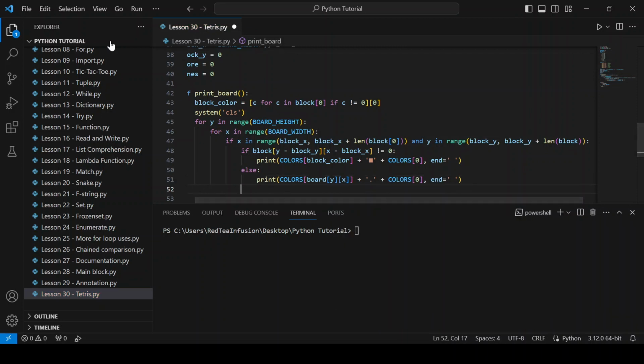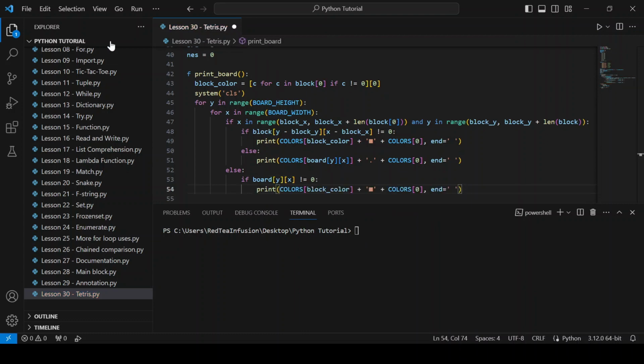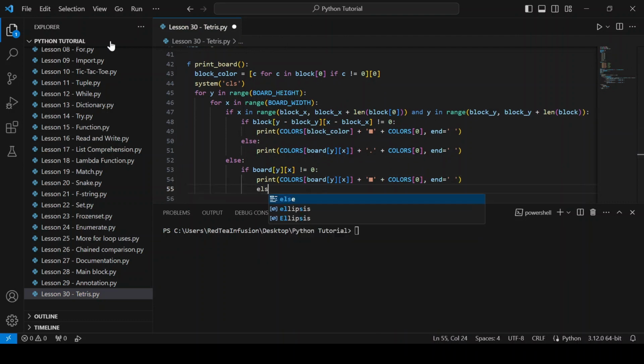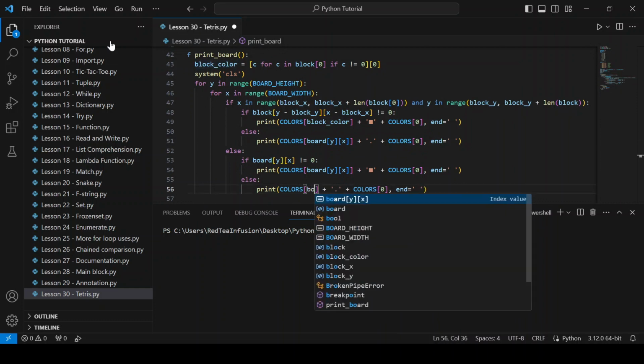New line, the indent, else: if board[y][x] not equal to 0: new line, let's paste again, let's change the block_color to board of y and x, new line, else: new line, let's paste again, and let's change again into a dot and into board of y and x,